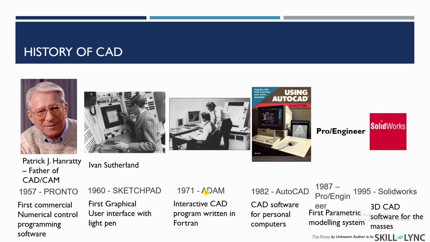Next came SolidWorks in 1995, which opened up 3D modeling to the masses. It was very cheap, very efficient, and even now it is at the forefront of 3D design. As you can see, the names, the Sketchpad, Adam, AutoCAD, Pro-E, SolidWorks, are all still there because they are pioneers of this domain and they have constantly evolved themselves to make use of the best of the technologies being made available each and every year. They have constantly re-visualized themselves so that they stay at the forefront and advance the domain of CAD and CAM. So this is how CAD has evolved.